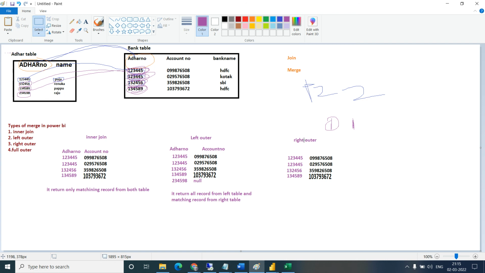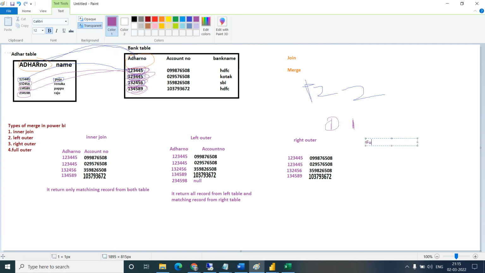Yes. Okay, now the full outer join. What is a full outer join? All records from both tables. Full outer join. So all records from both the tables. Which one will come?